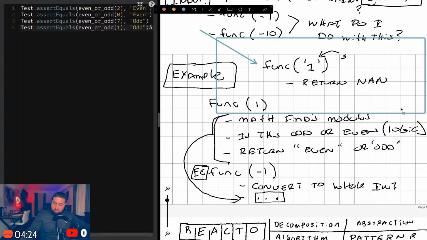So if this is a string, an object, an array, I return not a number or something to that effect. All right. As the piano's playing in the background. Yeah. So I think I'm good here.